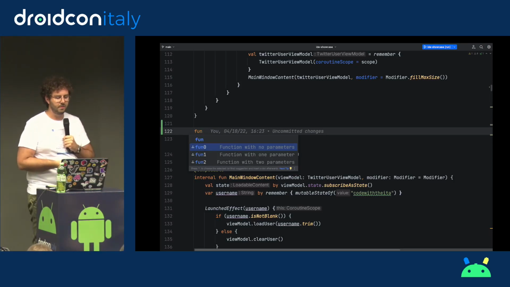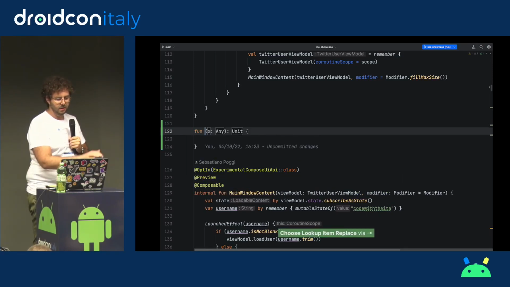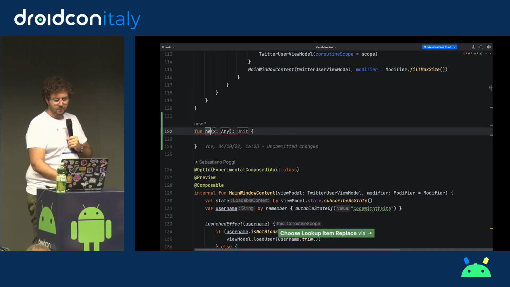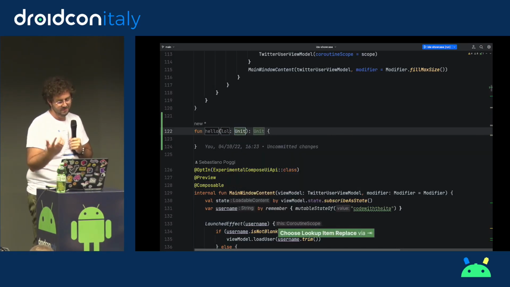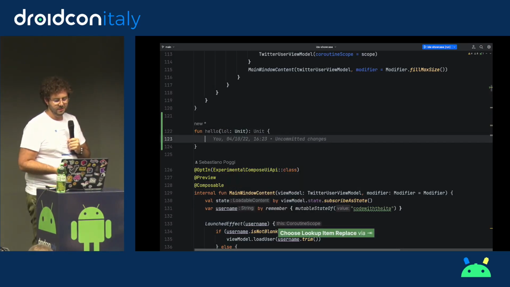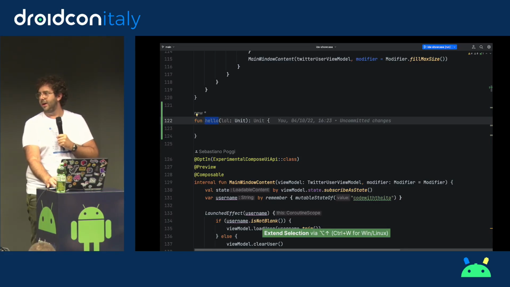So in this case, I want to create a function with one parameter. I just type fun1, or probably even just F. Yeah, F is fine. Then you can press Tab, and it will create a function for you. And then you can Tab through things. This is unit, because it's lol, and it returns unit. Obviously, you don't actually need unit, but you can F2 to something that you don't use. In this case, the function is never used. So I am going to invoke it. Ah, thank you. That's going to be useful.